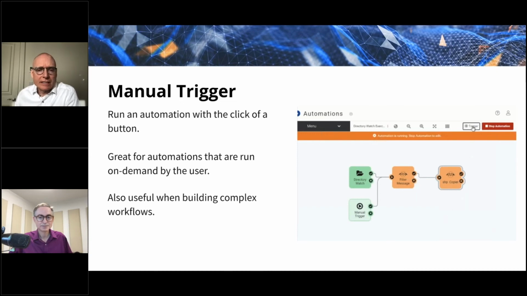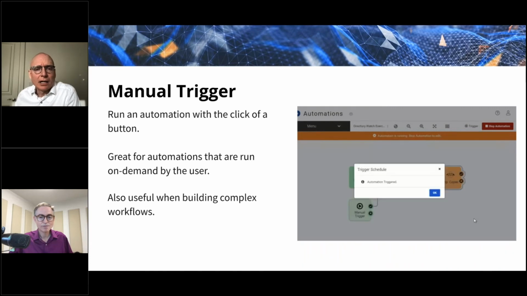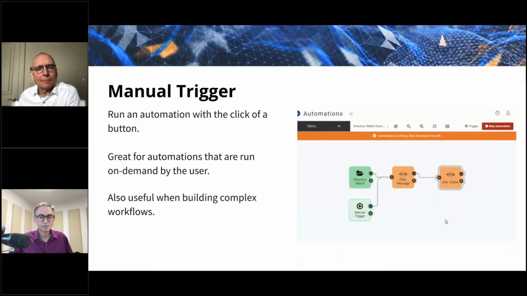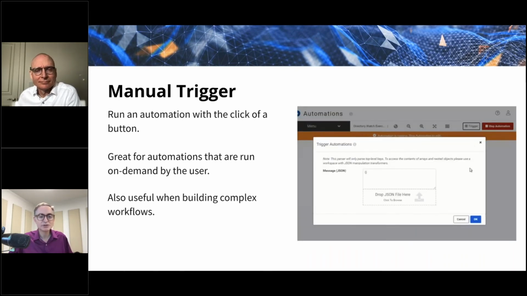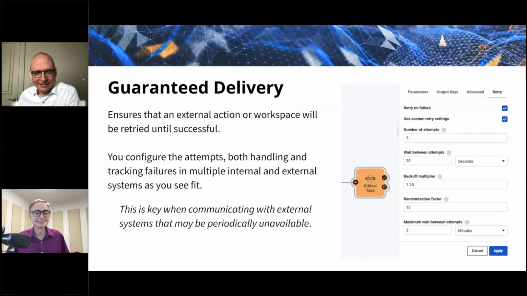But the main reason we did it was to support these ad hoc automations where the trigger is a human. So yeah. This flirts with something that I know we won't talk about, Don, but I can see where the direction is going on this. Yes. Next slide, before we give it away.